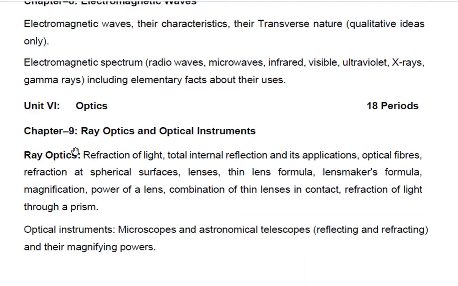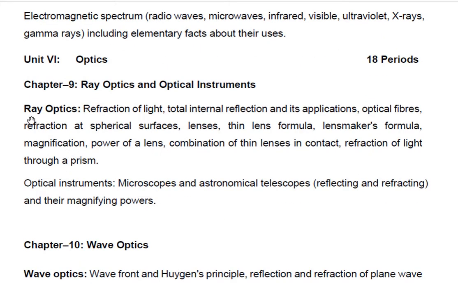So from chapter 9, the topics are from ray optics, refraction of light. As you know that reflection has been removed from this portion, so you have to only study about refraction of light, total internal reflection and its application, optical fiber, refraction at spherical surface, lenses, thin lens formula, lens maker formula, magnification, power of a lens, combination of thin lenses in contact, refraction of light through a prism, optical